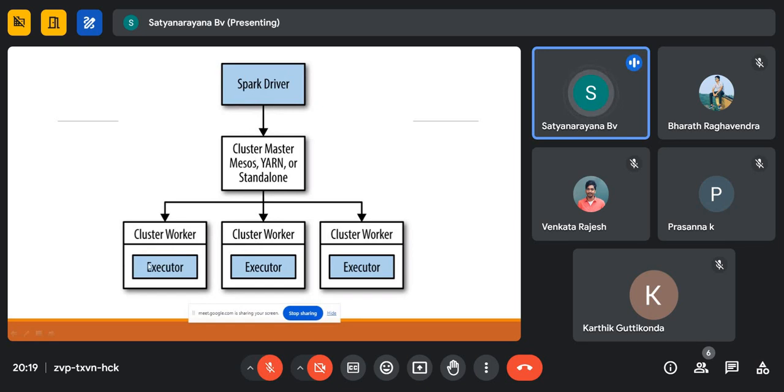The cluster manager just releases the executors, then the executors are used to execute the process in the memory of the worker nodes. Once the process is completed in the memory, an acknowledgement goes to the cluster manager, that means the resource manager, then the resource manager gives the acknowledgement to the Spark driver, and the Spark driver gives the acknowledgement to the user. User means the data engineer who runs the Spark job. So this is happening internally in the Spark cluster.